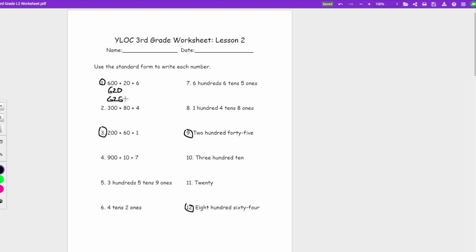And question 3, 200 plus 60 plus 1. Well, 200 plus 60 is 260, and 260 plus 1 is 261. Number 9, 245. So, 240 and then 5. See, you can see 245, and if you add them all together, you're going to get